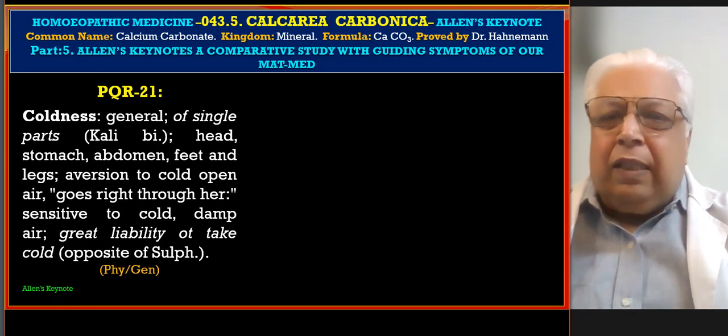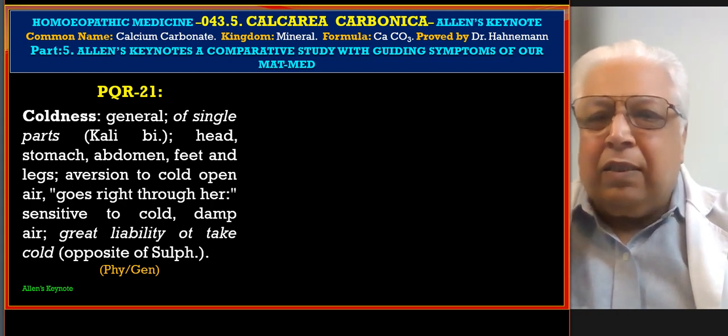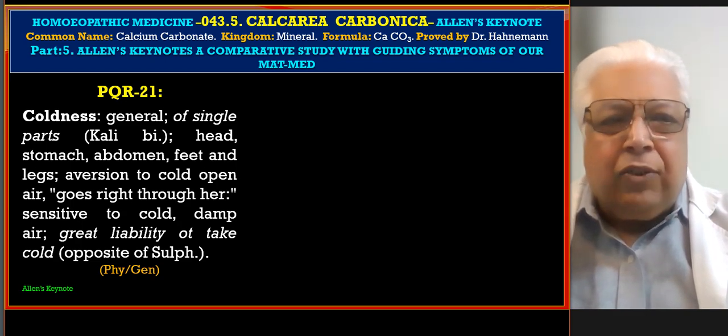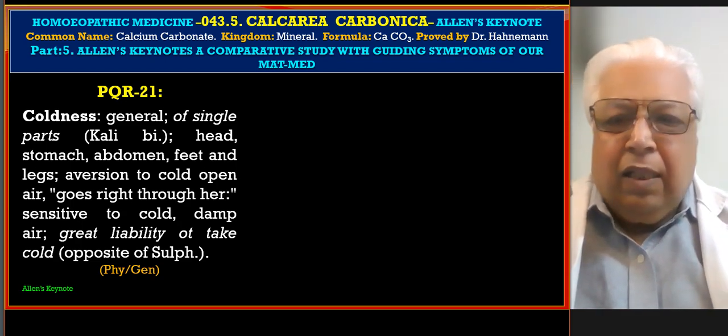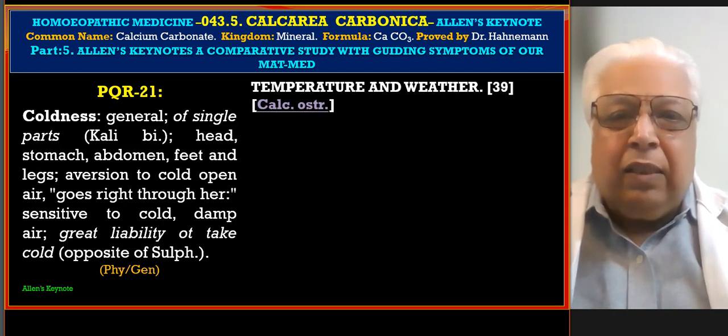PQR 21 tells us about the coldness in general of single parts: head, stomach, abdomen, feet and legs. Aversion to cold open air; it goes right through her. Sensitive to cold, damp air, great liability to take cold. Opposite of sulphur. This is a physical general given in Allen's keynote, and we find corresponding information under the chapter